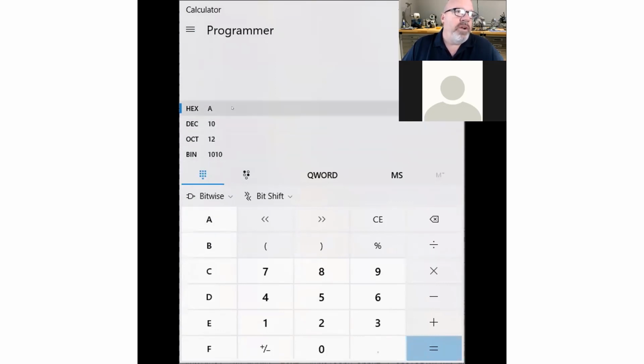Or let's say that I wanted register 7101. I can clear out this value and put in 7101, and this is the hexadecimal value that I should see for 7101. So it's a really handy tool. It breaks it down into binary for you also. So if you're trying to break down 16-bit binary,